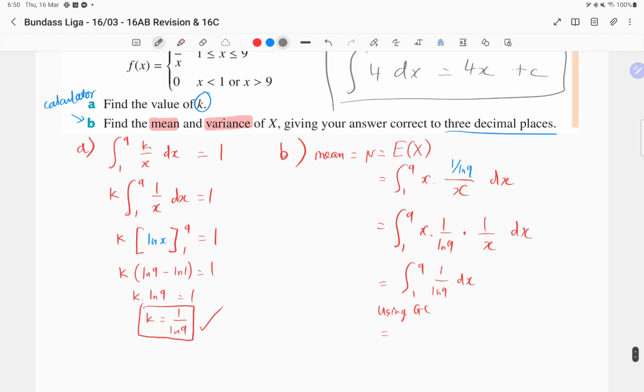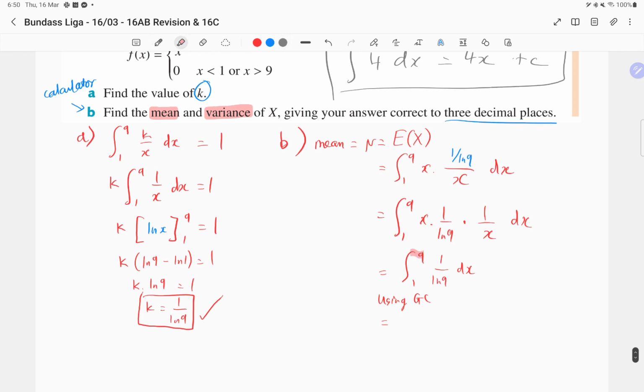But you don't even bother with that. Once you get to this one, just punch that whole thing into a calculator. This is a calculator question. Just get to that, and then using the GC, get the answer. So your answer should look something like